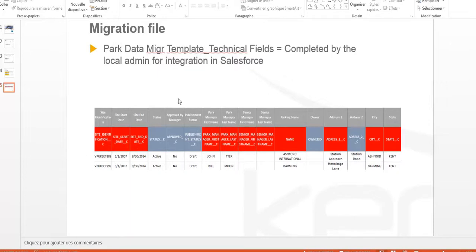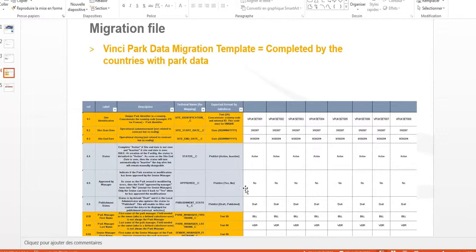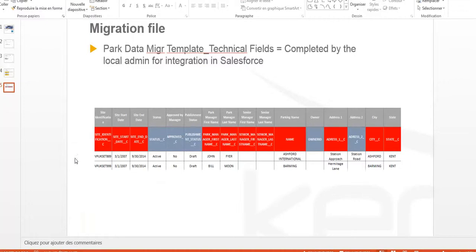Be careful because, as you can see, in the first file the records are in columns, and you will need to transpose your data into lines: line 1, line 2, line 3, and so on.